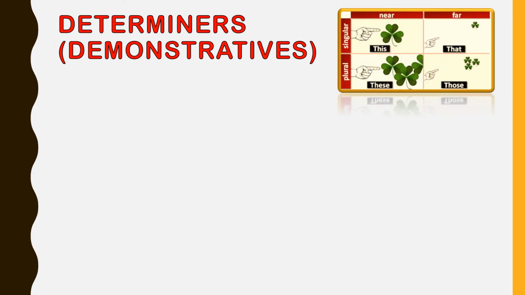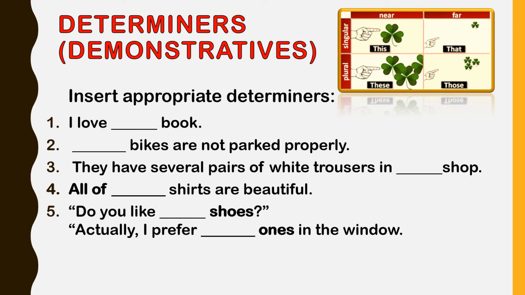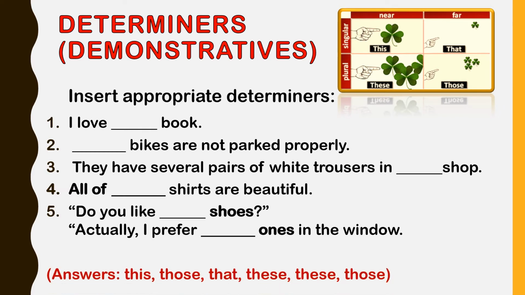Similarly, another exercise for demonstratives. Okay, if you can see here, there are 4 demonstratives. If we have a singular subject, then we use this or that. If the thing is nearby, this flower. If it is far away, that butterfly. And if there are many in the plural, we say these flowers for something which is close by, and those butterflies for butterflies which are far away. So insert appropriate determiners in the same manner and then check the answers.